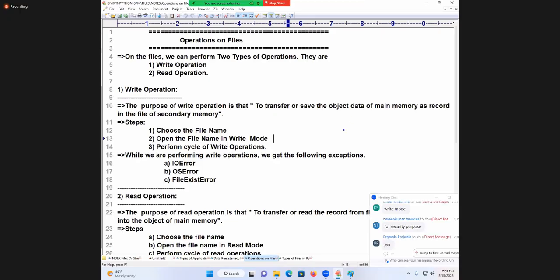If I say, please take the book and write, it means you will open the book and you will have a pen in your hand. I can understand you are in write mode. I said read the notes. No pen in hand, nothing is there. You are just watching with your eyes. That is called read mode.